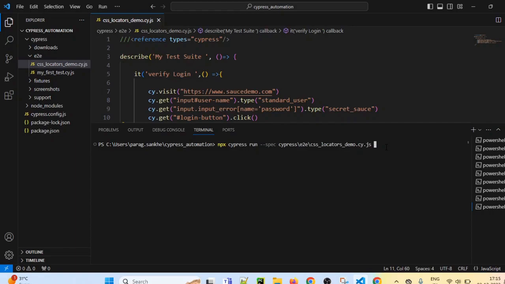So what is the command after that? We have to provide hyphen browser. Which browser? Chrome. And we have to run it in UI mode. So you have to provide hyphen headed as well. Then only it will run in the actual UI browser. Otherwise it will run in headless mode. So this command will run this specific file on Chrome browser in headed mode. So I will just press enter now. Let's press enter. So now it should launch the browser and it should execute this test case.